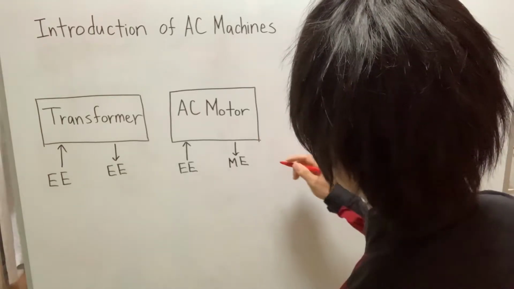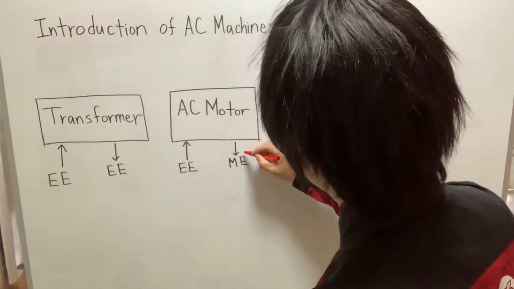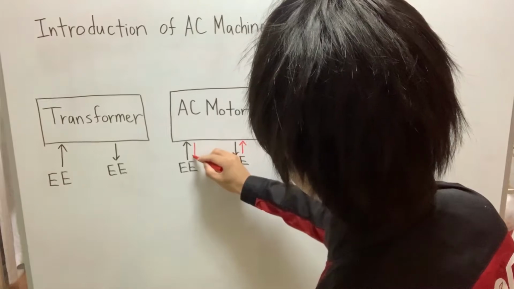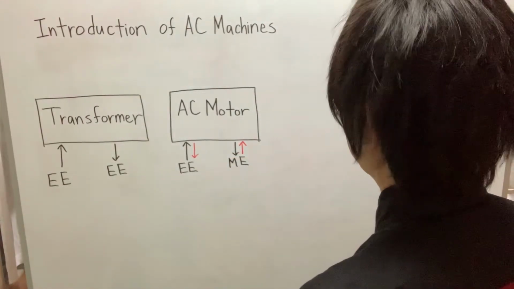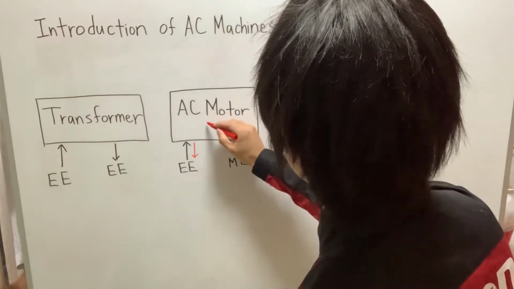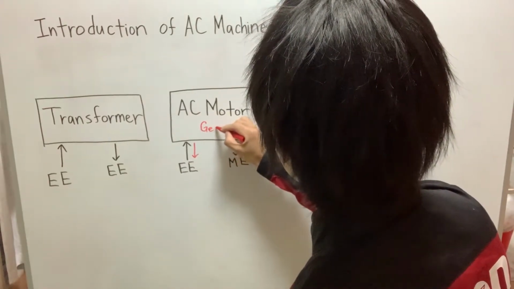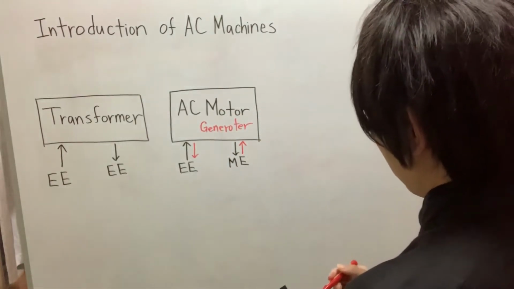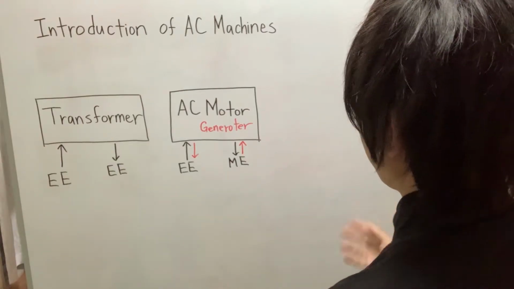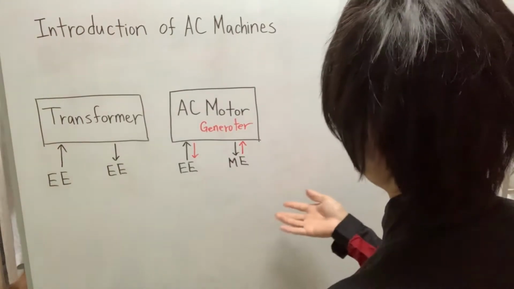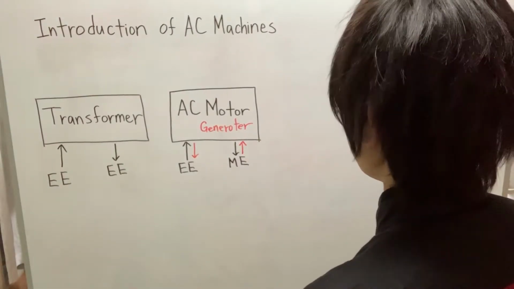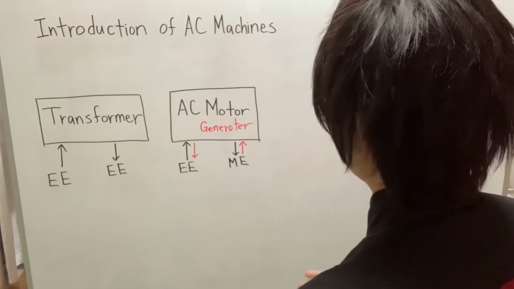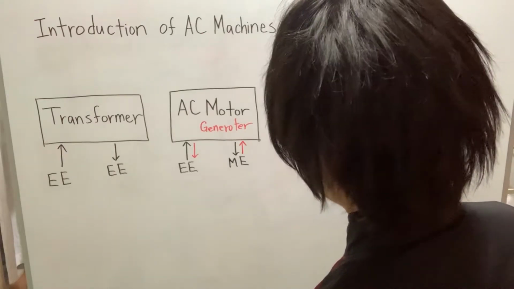But how about the opposite line? I mean, input is mechanical energy and output is electrical energy. What's this? This is a generator. So same machine, same hardware, you can use both ways depending on your connection. So this is motor and generator. So okay,